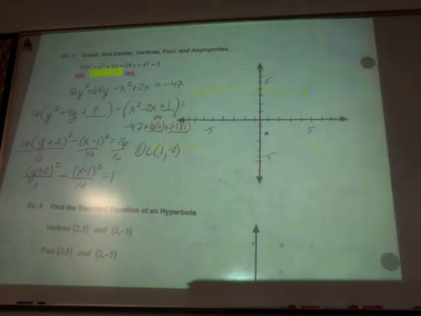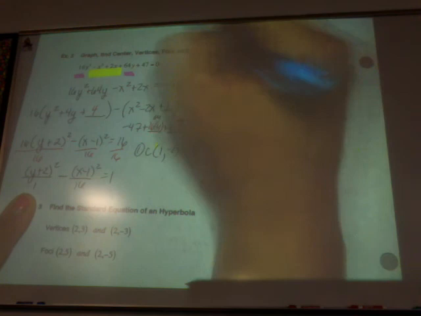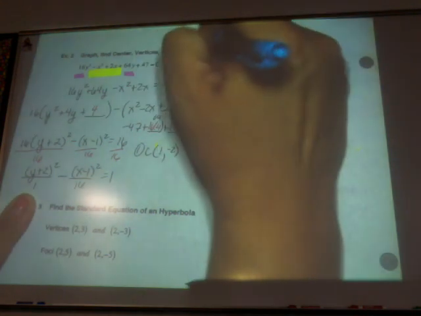Are we going to have a horizontal or a vertical transverse axis? What comes first? The y. So it's going to go along the y-axis. So that means that we're going to have a vertical transverse axis,